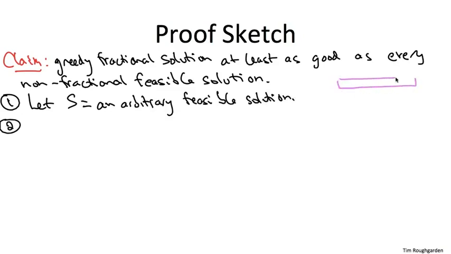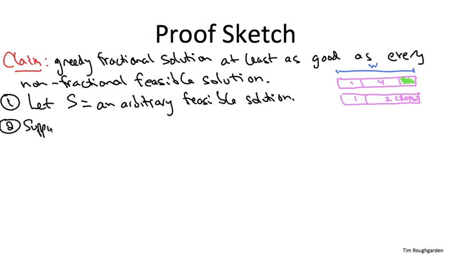This is a subset of items that fit into the knapsack. So you could imagine, for example, a scenario in which the greedy fractional solution packs item number 1, and then item number 2 doesn't fit into the knapsack, but if we take 80% of item number 2, then that fully fills up the knapsack. So that might be the greedy fractional solution, and maybe we're thinking about a non-fractional solution where item 1 is equally well packed there, but instead of item 2, which wouldn't fit, it uses item 4, which is smaller. And then maybe there's some little bit left over of unfilled knapsack capacity for this non-fractional solution,